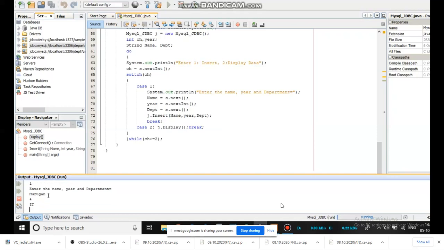So he has given name, year and department. For the sake of execution, he has given the year as well. Again, he is ready to insert another data.